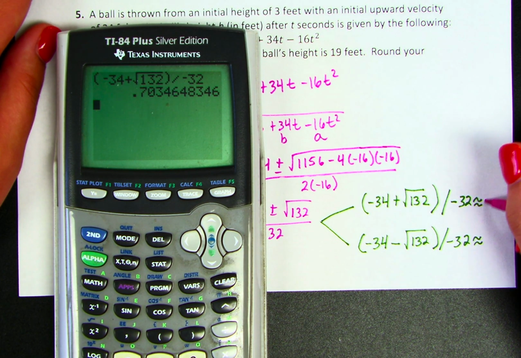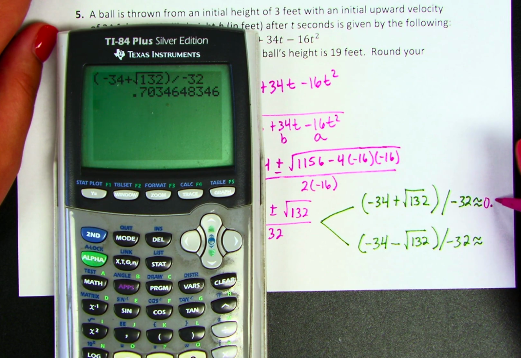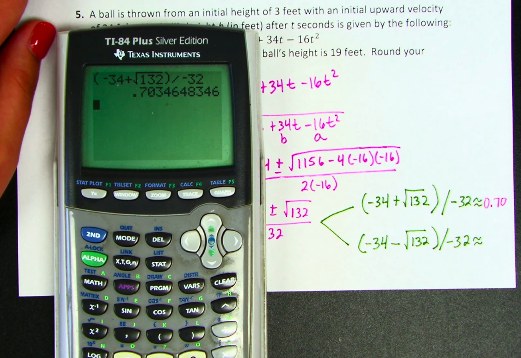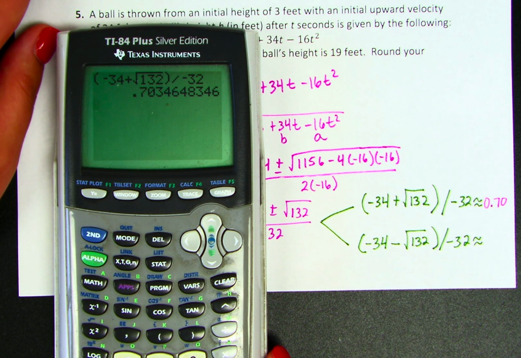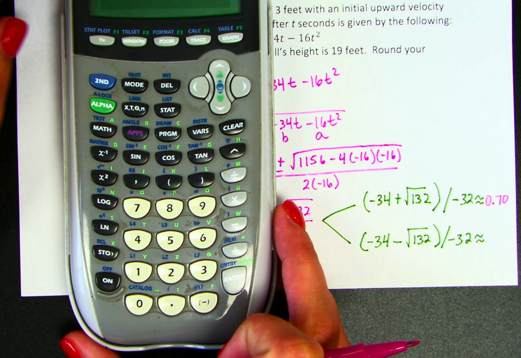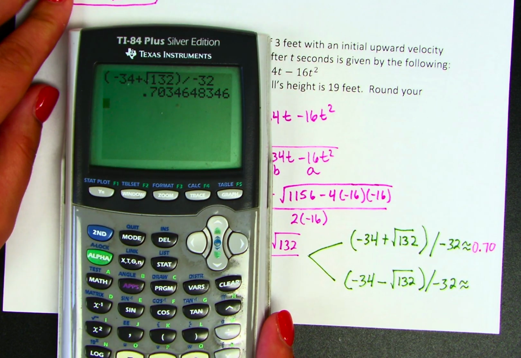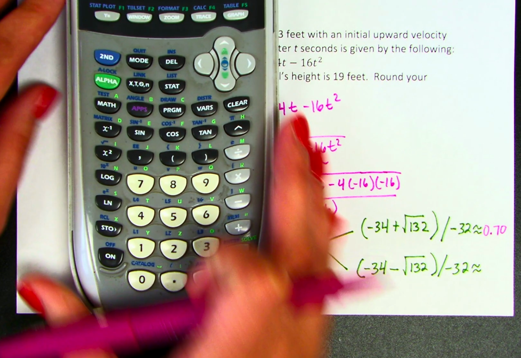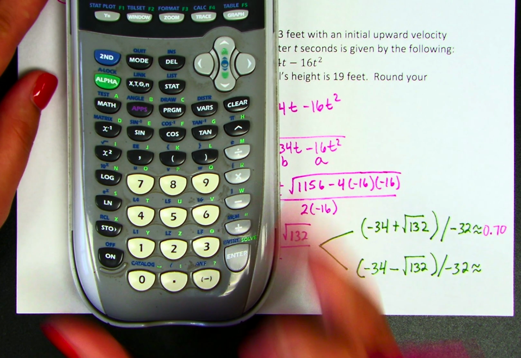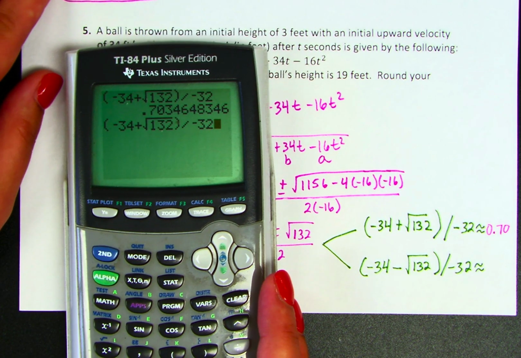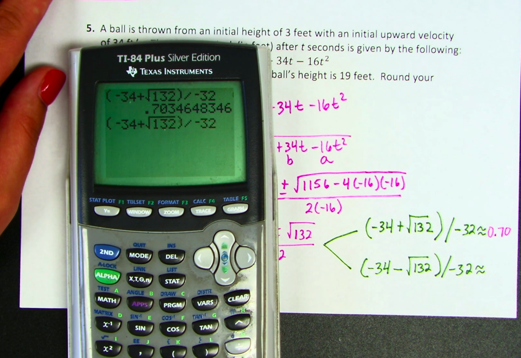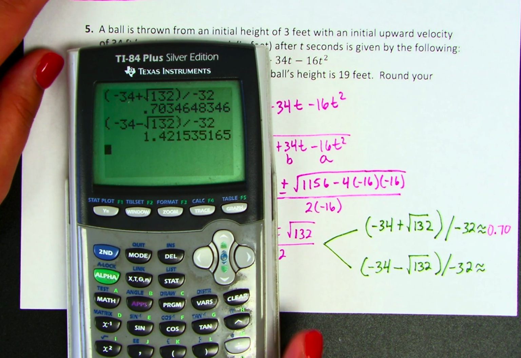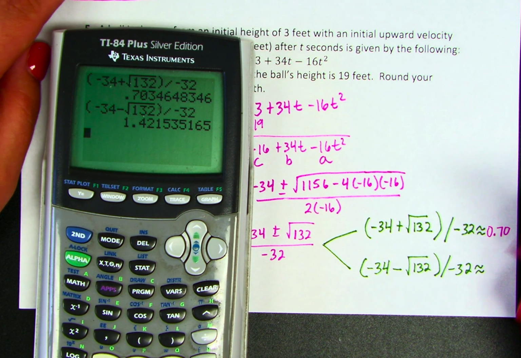So this will be 0.70 for rounding to the nearest hundredth. And then you can retype that all in and then use your minus key instead. Or what we can do is kind of copy paste it. So as long as you don't press anything after this, if you press second enter, it will copy and paste your previous line. And then I can just arrow back and change this to be the minus sign and then press enter. Okay, so this will be